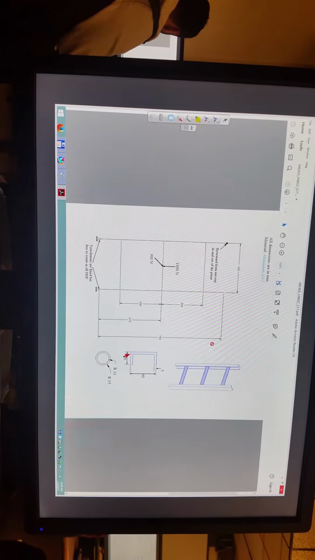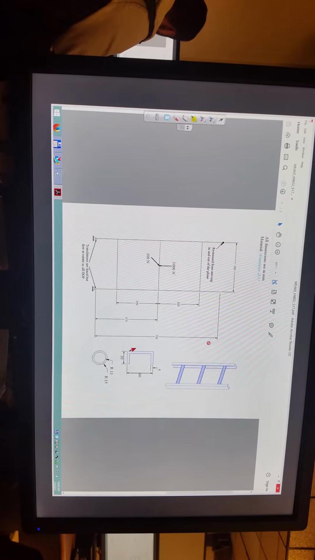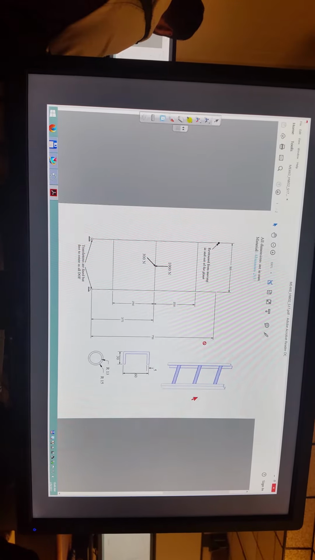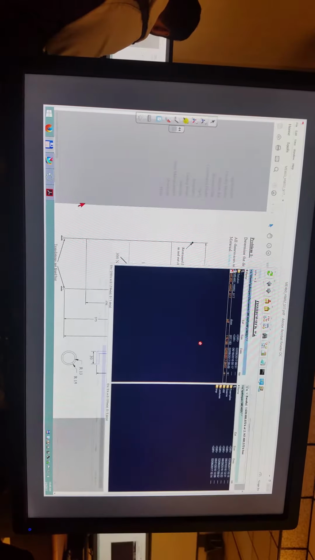So these are the cross sections. So this is the cross section of the tubing that goes across. And then this, of course, right here is the vertical member. All right, so if I draw that, I'm going to draw my stick model. The thing I noticed right here